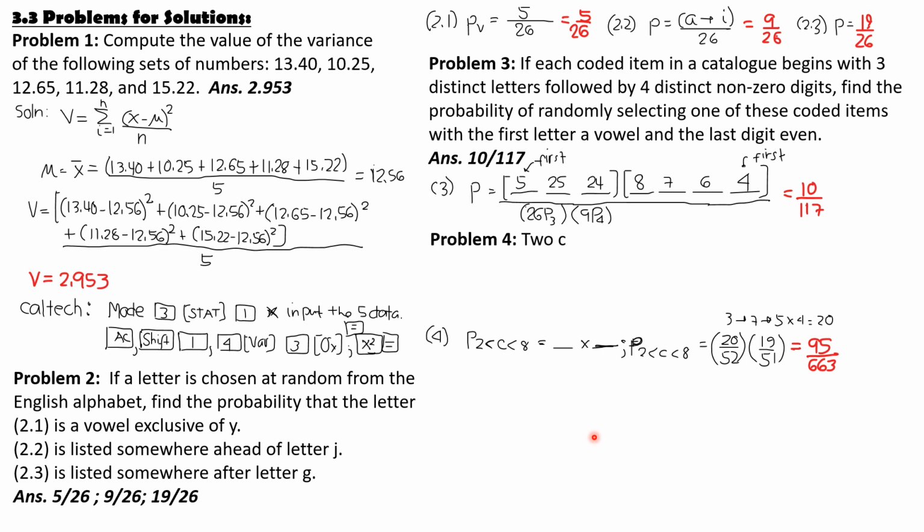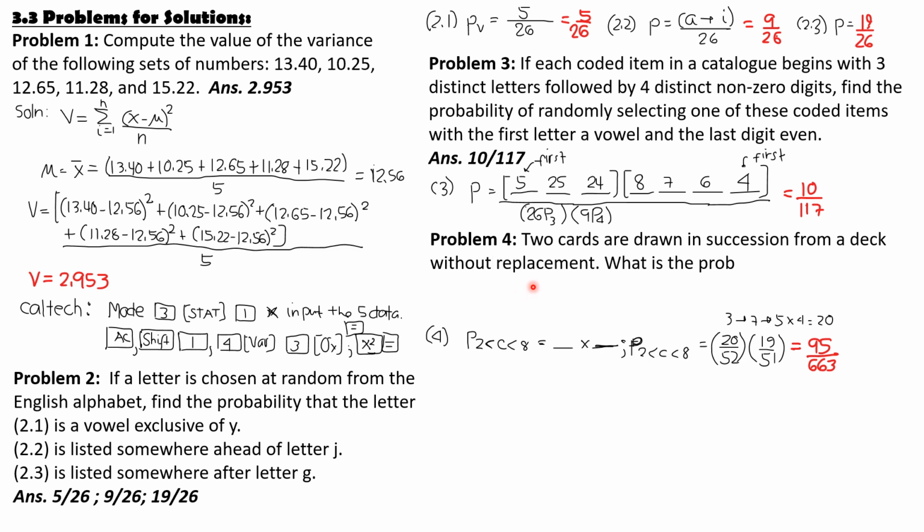Then for problem 4, 2 cards are drawn in succession from a deck without replacement. So what is the probability that both cards are greater than 2 but less than 8? If the card is greater than 2 but less than 8, this card should be 3 up to 7: 3, 4, 5, 6, 7. So there are 5 cards